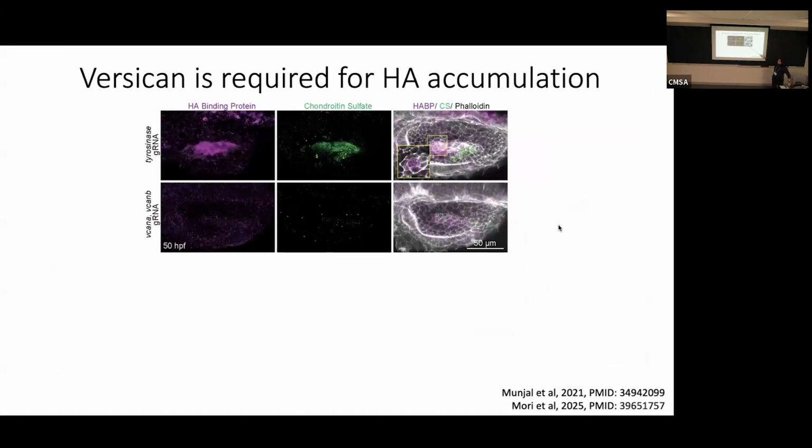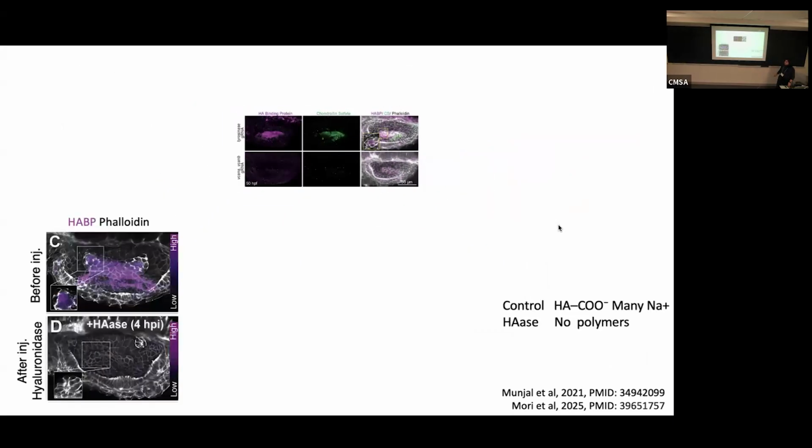So if you remove Versican, all of hyaluronic acid is gone. So Versican is really needed to retain hyaluronic acid in the bud ECM. And what hyaluronic acid itself is doing, I already mentioned that it forms this charged polyelectrolyte that can swell. If we digest hyaluronic acid, this bud ECM collapses and buds fail to extend. And we concluded here with this and several other experiments that indeed hyaluronic acid is driving morphogenesis of these buds